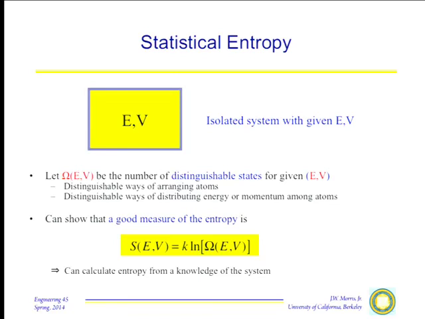And there's a Boltzmann's constant in here just because of the way it's usually written. This is just for dimensional purposes. But if I can just count all the distinguishable ways that I can put the system together, then a third measure of the entropy is just the logarithm of that number of different ways.